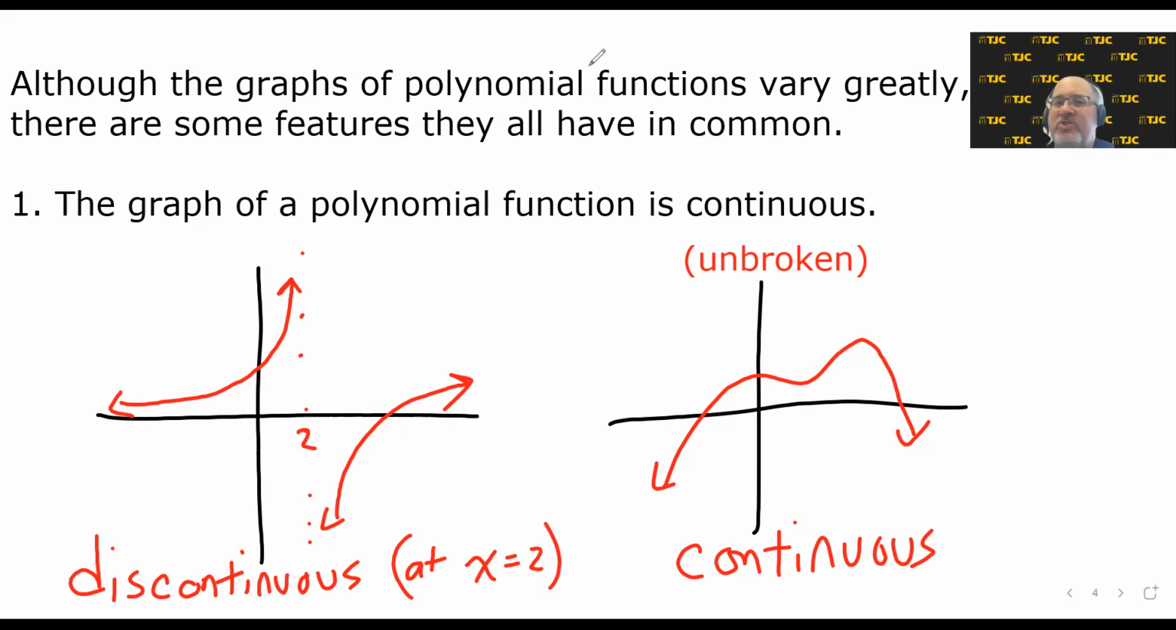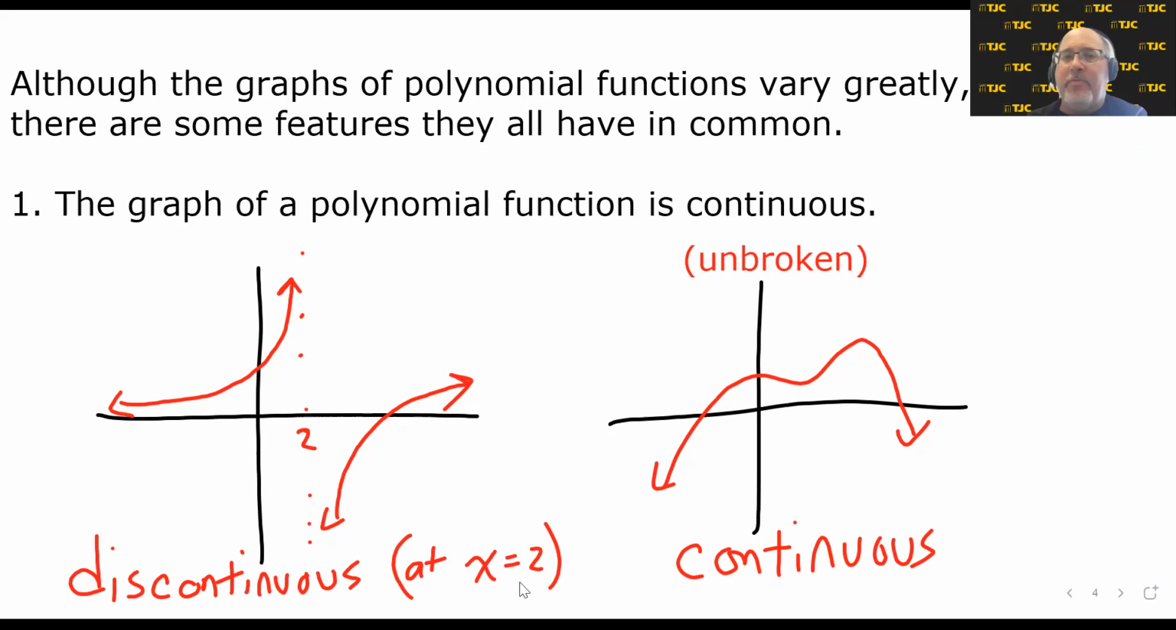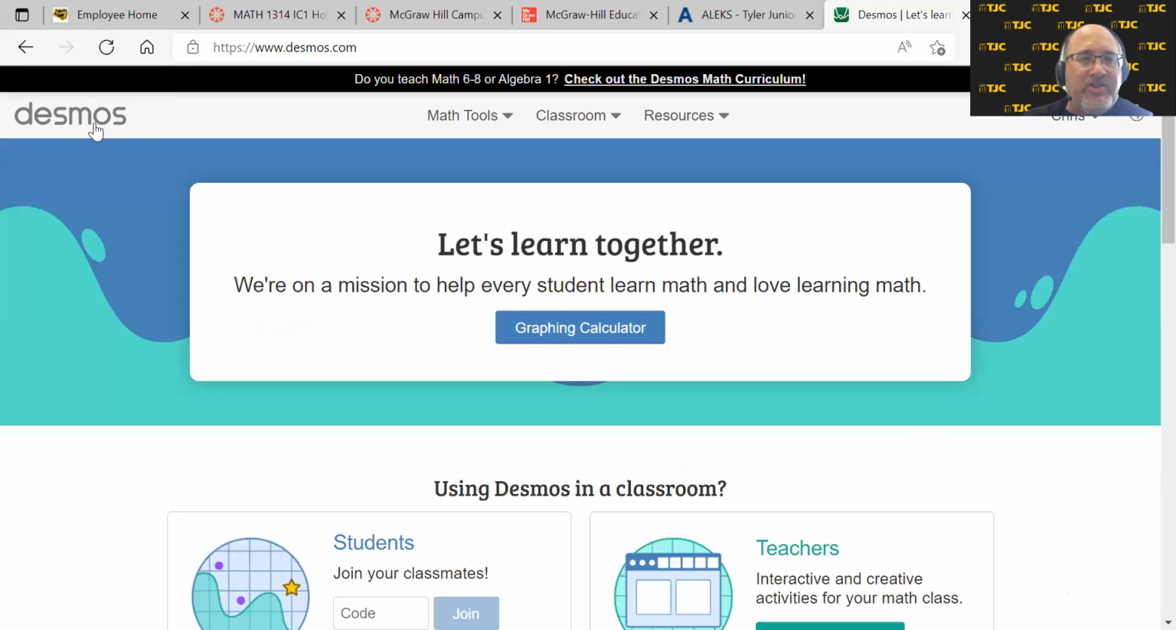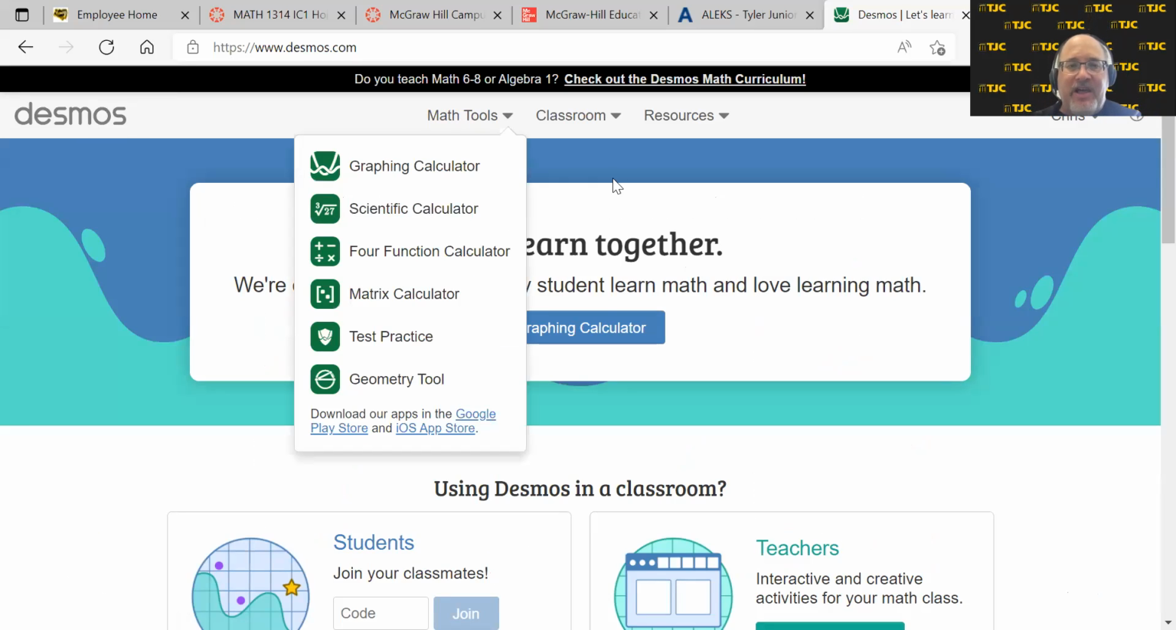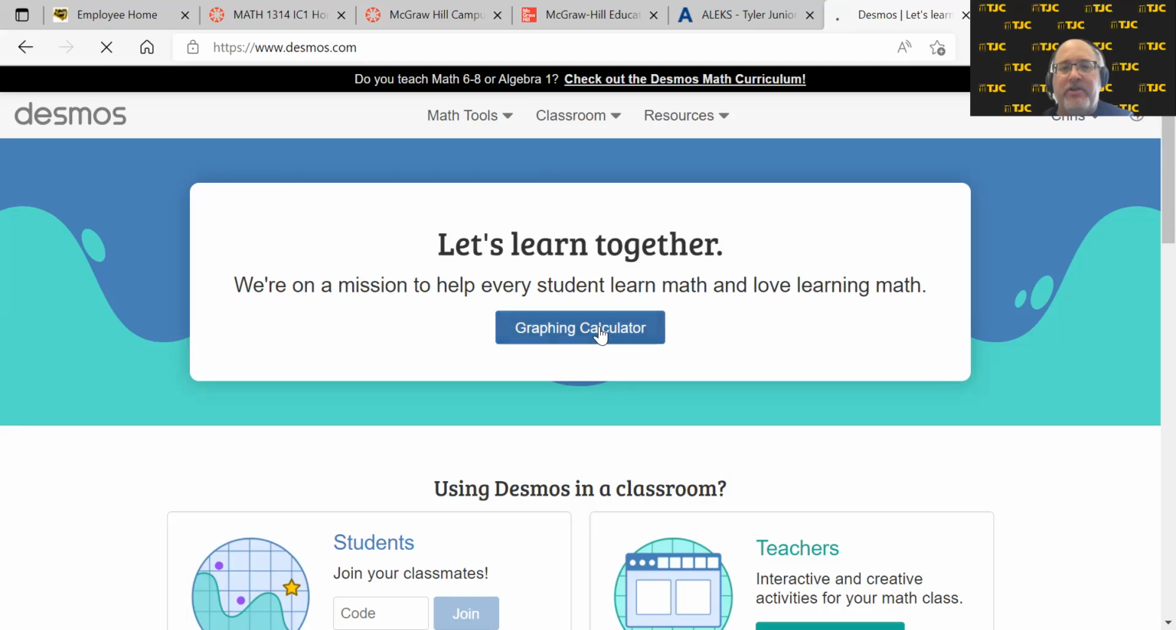And there are functions that do this. I'm going to demonstrate them in a website called desmos.com. I think I might have shared this website with you before, desmos.com. It's a free online graphing calculator, a free online scientific calculator. There's a lot of things that it can do, but it's really good as an online